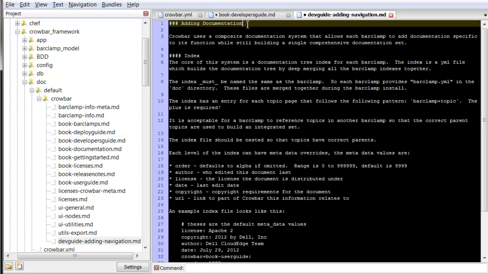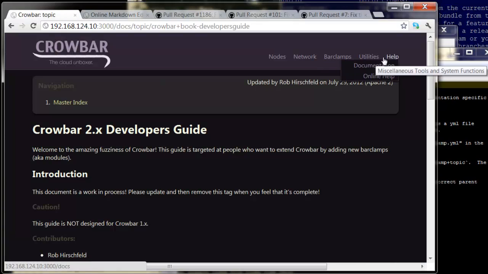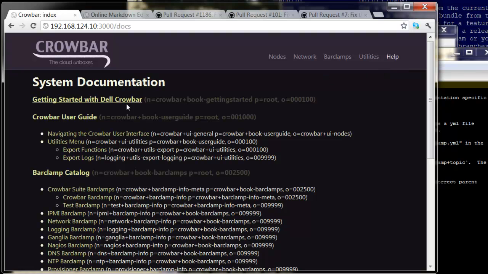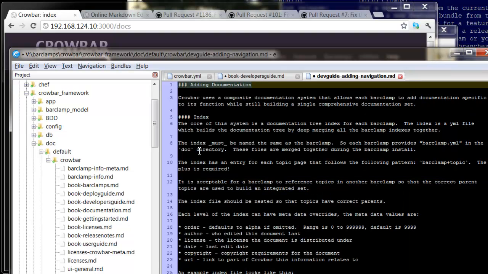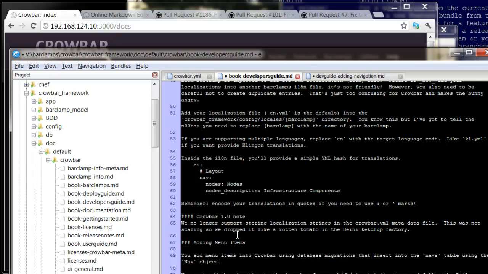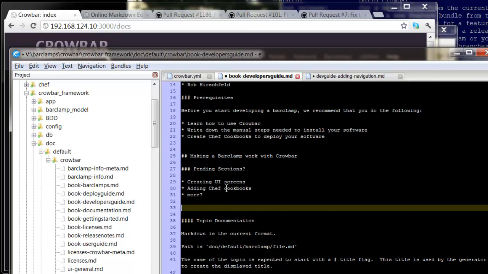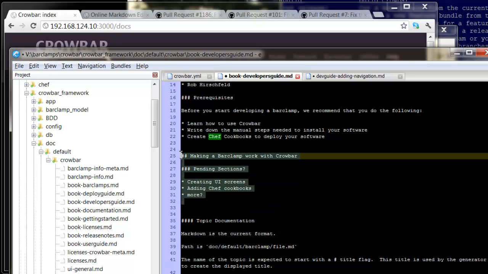And the way the system sets up, whatever you put in this first line is going to get picked up as the title in the UI. So let me show you in the UI over here. If I look at this overall index, all of these titles come from the first line here. So that'll become adding documentation when I put it in. And that also means to be successful with this, I need a third level, a middle level for this. And that is now here, these not pending sections, but making bar clamps